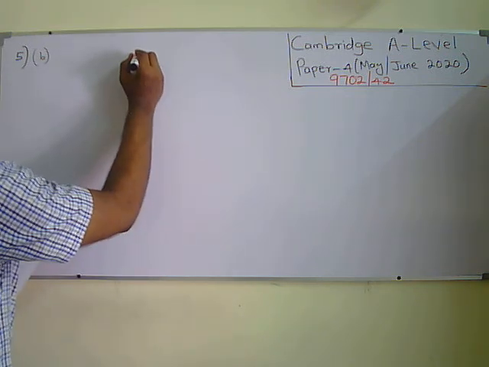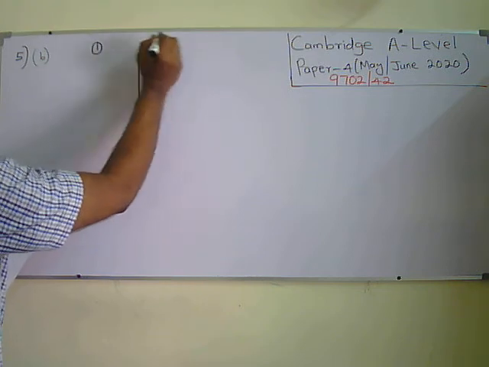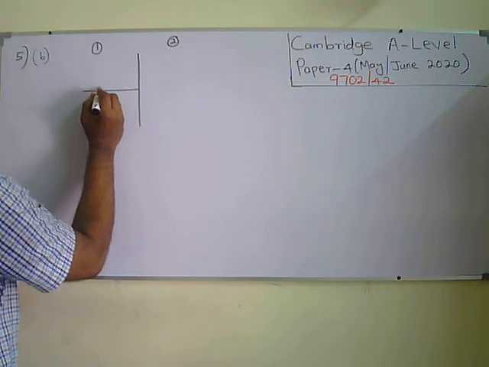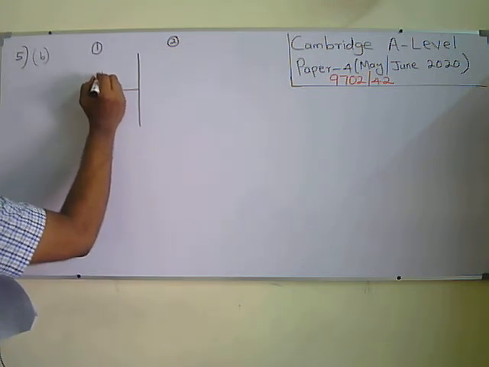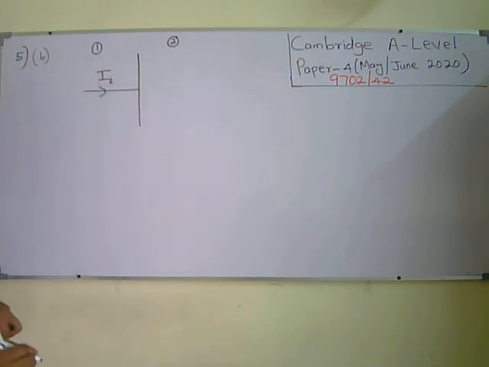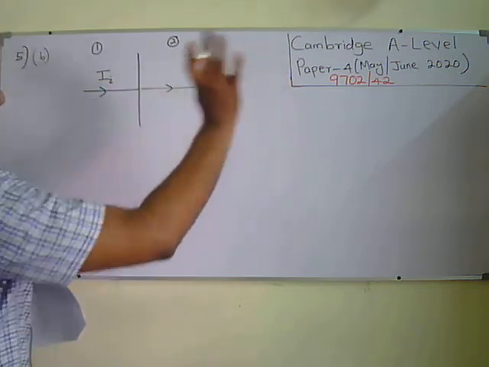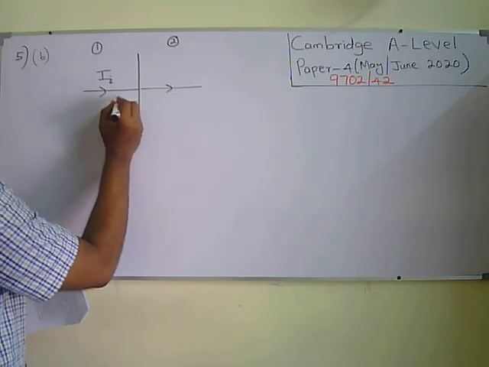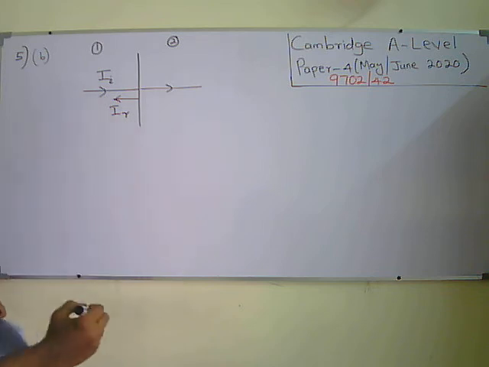Say, for example, this is the boundary of two different media, right? So this is medium 1, this is medium 2. Ultrasound is approaching this boundary, and if I say the intensity of the incident ultrasound is II, part of it will pass through the boundary to the next medium, and another fraction of it will reflect back. So the reflected ultrasound intensity, let it be IR.